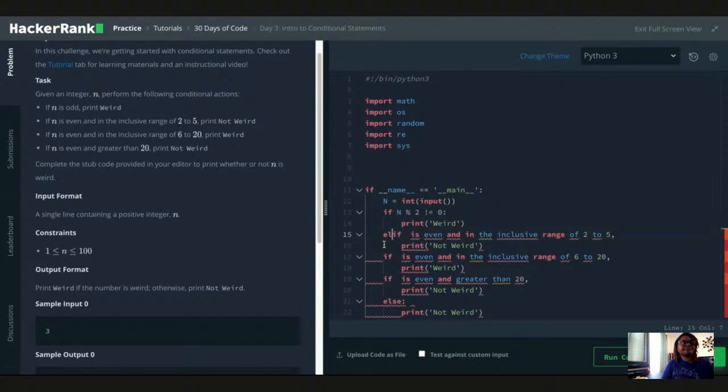This says if the statement is even and it's in between 2 and 5. So we don't have to put that it's even, because of course it's even since it's moving to the next step. So instead, I'm going to say if n is greater than 2 and n is less than 5,